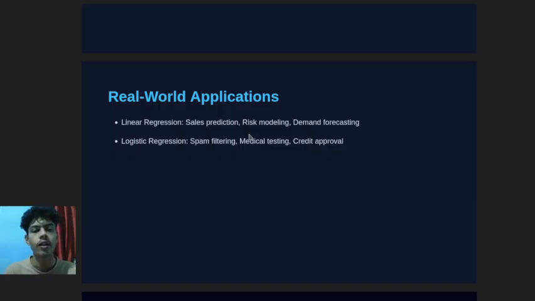In real world applications, linear regression is used for sales prediction, risk modeling, demand forecasting, and logistic regression is used for spam filtering, medical testing, and